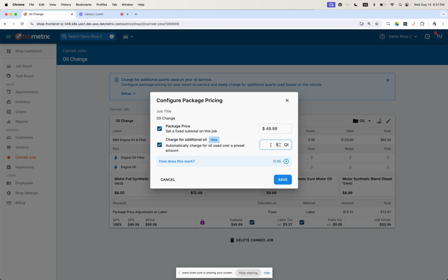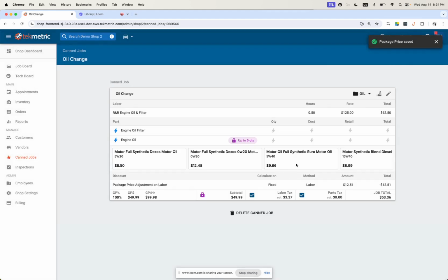So in this example, I have it set to 5. So up to 5 quarts of oil is for $49.99, and anything above that is going to be charged additionally to the customer. Now I'm going to click save just to show you guys how it will look once you update an existing SmartCan job. It'll continue being locked, but then it'll show you the maximum amount of quarts that is included in this package